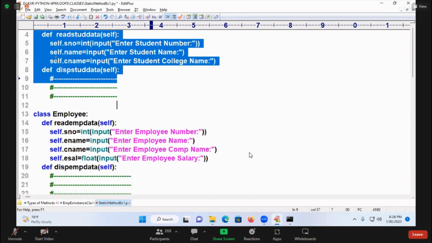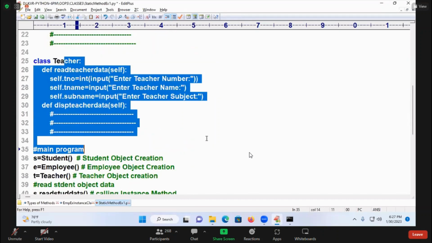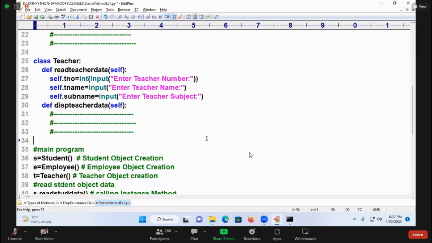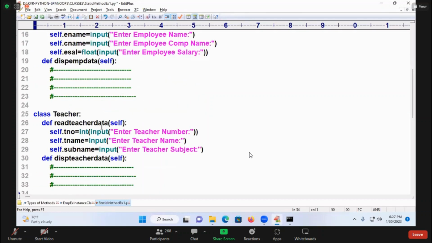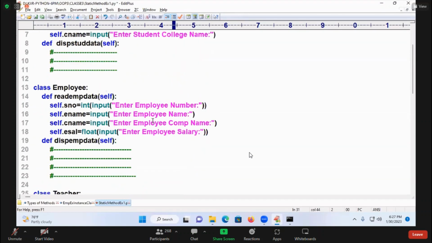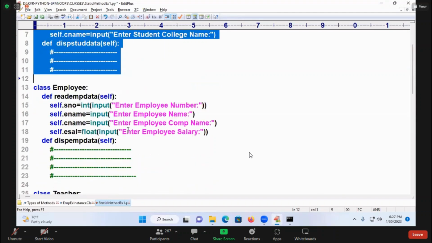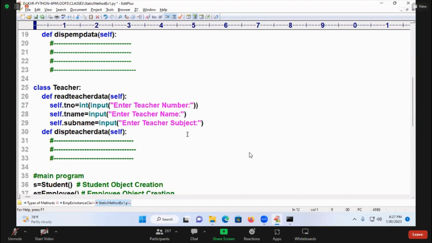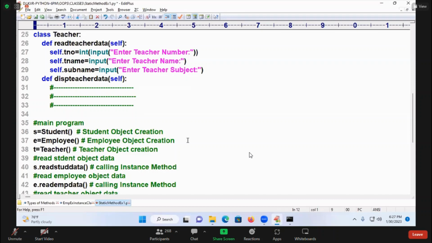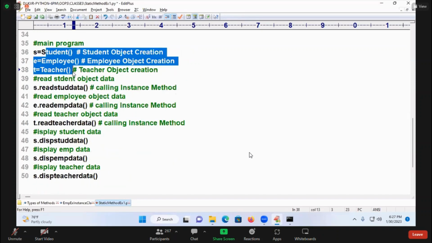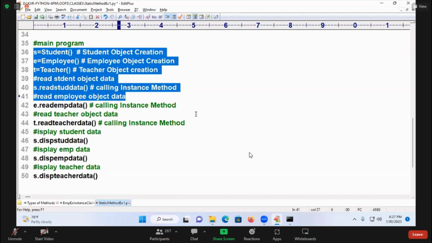Student class, employee class, teacher class. There is a universal method which can display any object's data. What are the self-related methods doing? Corresponding related class object operations only. Today what I am expecting is any sort of things. Student data, employee data, teacher data, any kind of objects, hundreds and lakhs of objects data